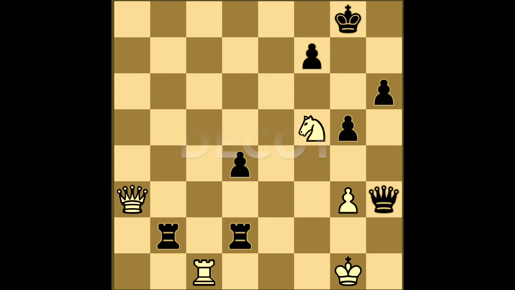Now let's look at decoy. It's a tactic where you set up a trap for your opponent. It's my personal favorite and soon will become yours too. It's kind of related to deflection. In deflection, we force the opponent to move away from a particular square, while in decoy, we force him to move his piece to a particular square. Such a square where we want to get him to is generally called a poisoned square. So basically, we force the enemy king to play the piece to that poisoned square.